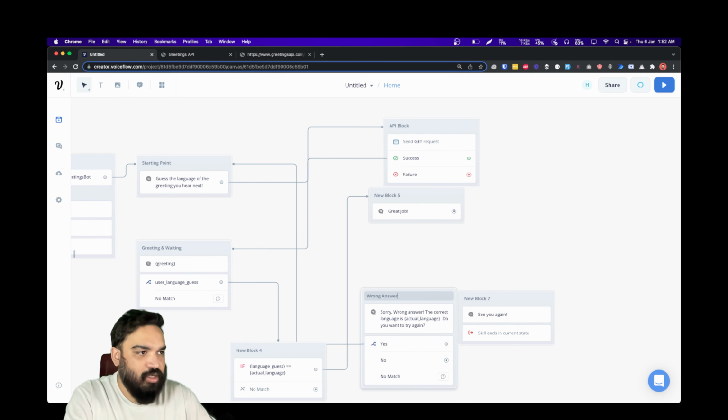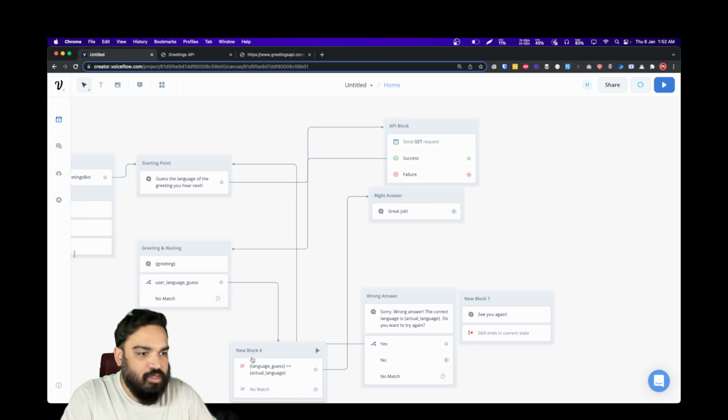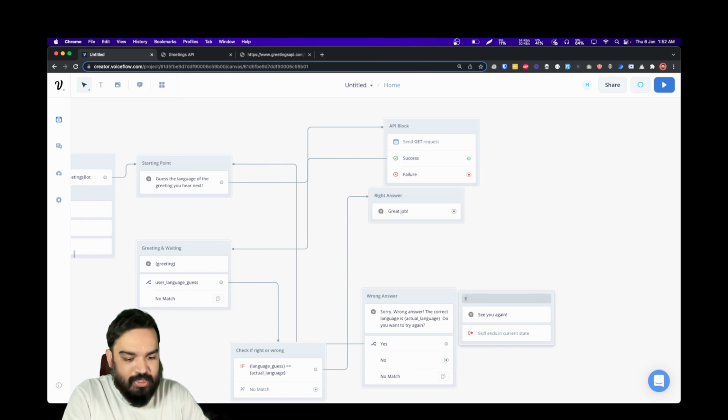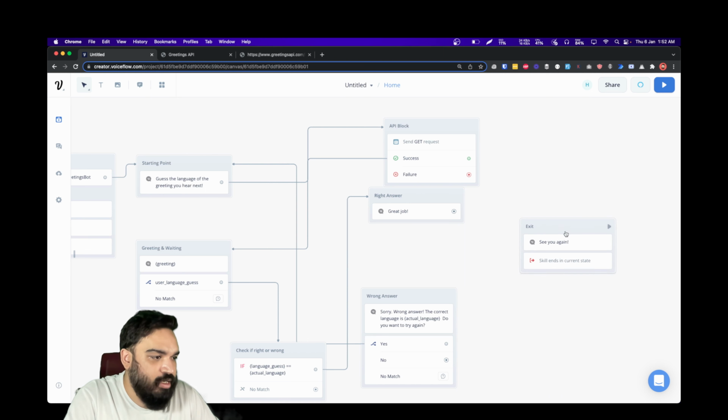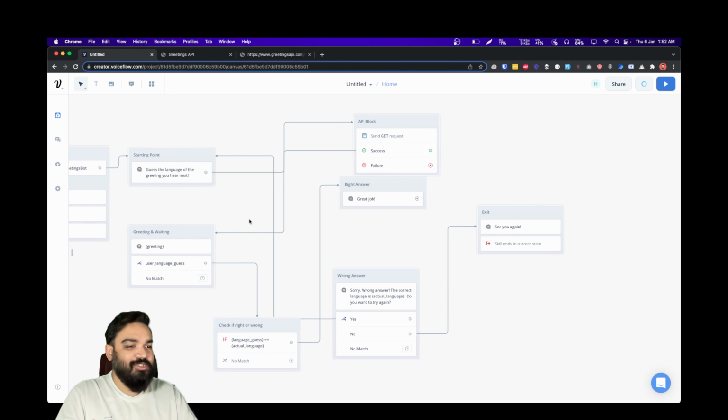Wrong answer, and this one is right answer. Check if right or wrong, and this is exit. Right now, if the user says no, see you again. The user says yes, we've already linked it. So that's our skill that we built.